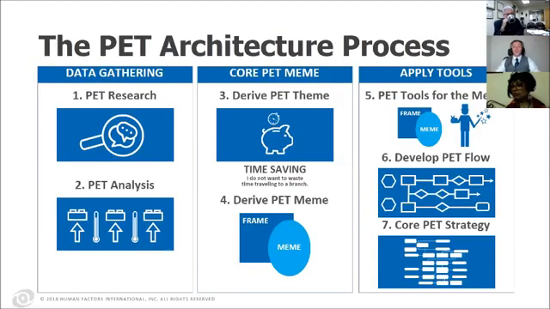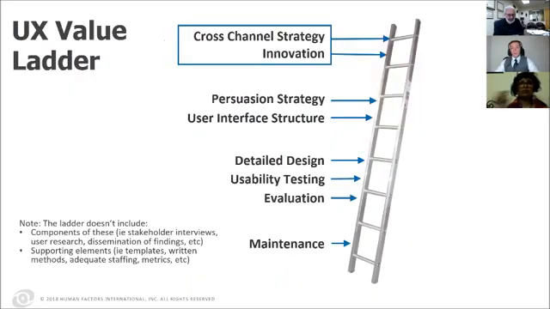Also worth acknowledging, we have a whole process for creating a strategy for persuasion. Once we move into more persuasive design, emotional design kinds of stuff, then we need to have a strategy for that. So we call that the PET architecture process. We teach this as part of our CXA stuff. PET stands for persuasion, emotion, and trust. And it's that whole world of emotional design, persuasive design. I won't go into it deeply here, but it's a similar level of value. So that was that second tier. This next tier,